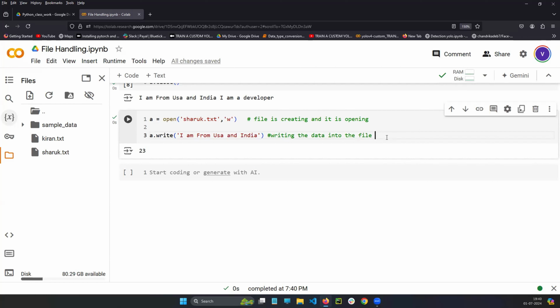So what is the purpose of close? If you don't close, you are going to face a lot of issues, I'm telling you. I will tell you a real-time scenario. For example, imagine